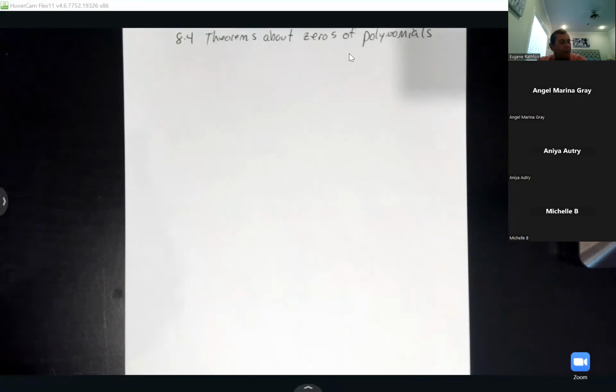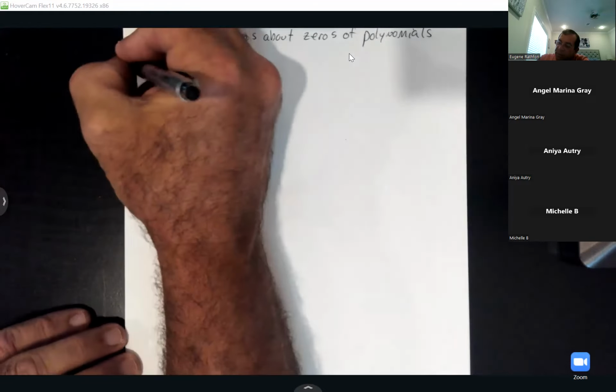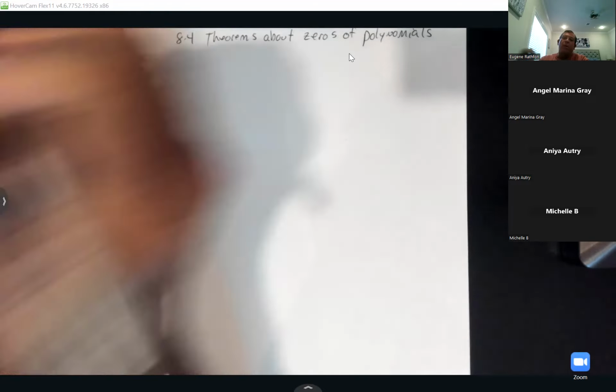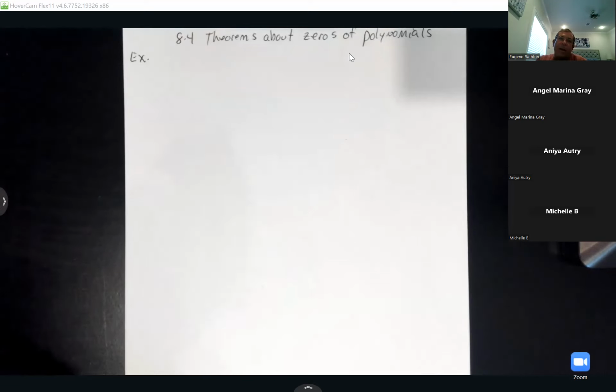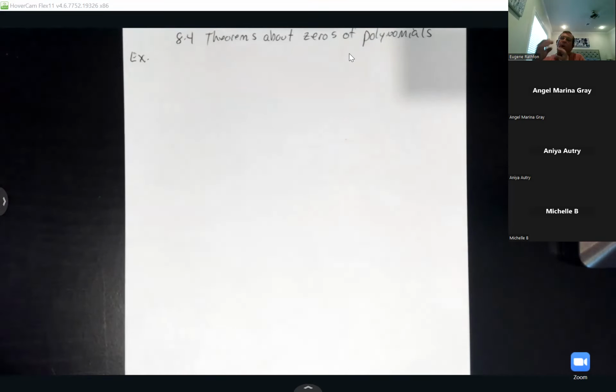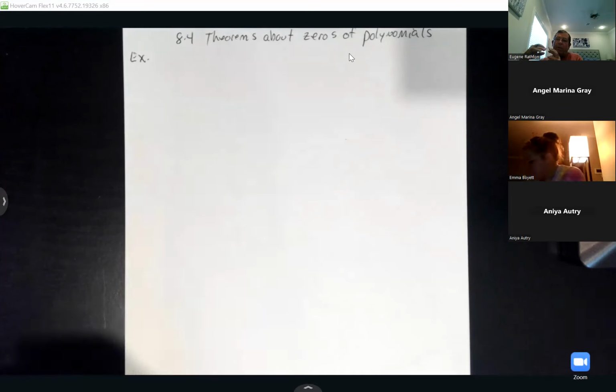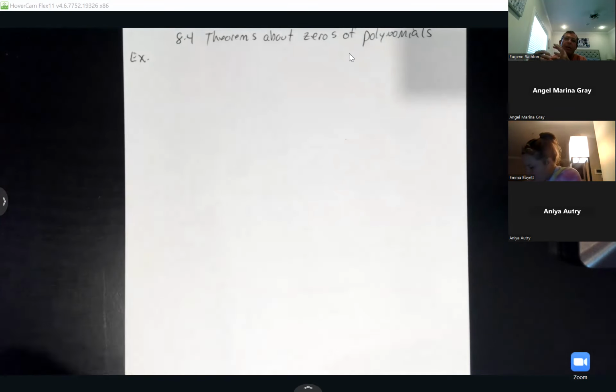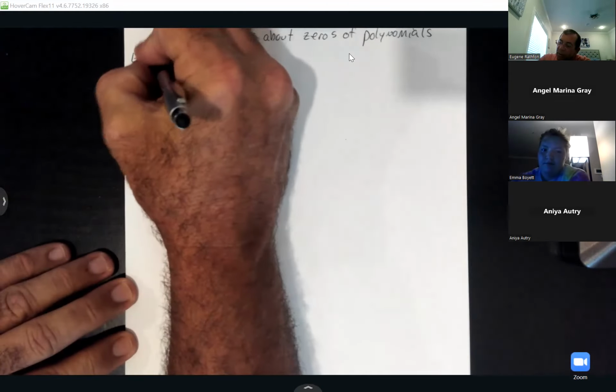All right, so for the first few examples, they're going to give us some zeros and they want us to find a polynomial function. So when they give you the zeros and they want us to find a polynomial function, it's like we're working in reverse. We're going to start with the solutions and then work backwards until we can get us a polynomial, okay? So for this first one,